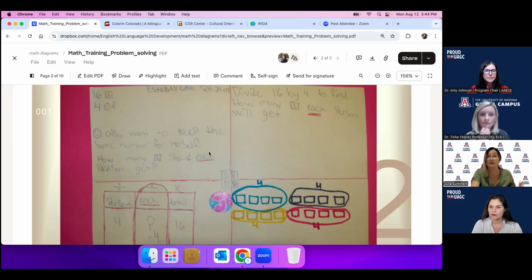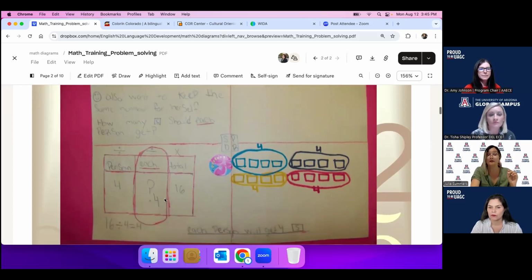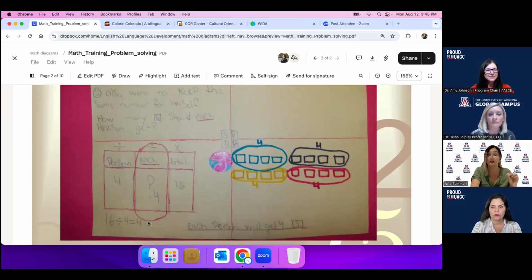This one is See, Plan, Do, Reflect. I have them write the key points here, the key points after they read the word problem. Then, see, plan: what do you do? What's your plan? How do you plan to solve the problem? And so he writes, divide 16 by 4. He writes the full sentence. And then here he actually shows me a graphic, a little diagram of how he plans to do this, and he writes the number sentence.